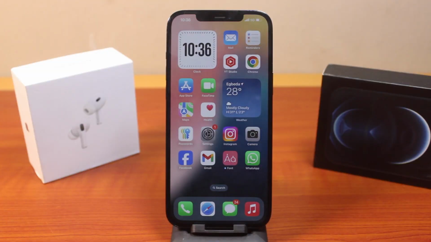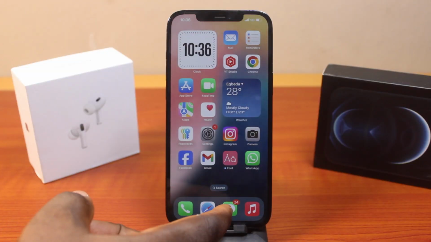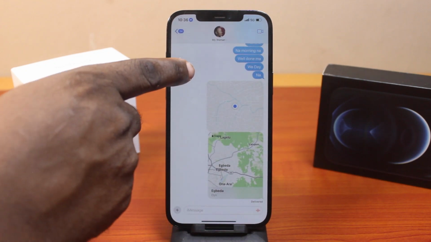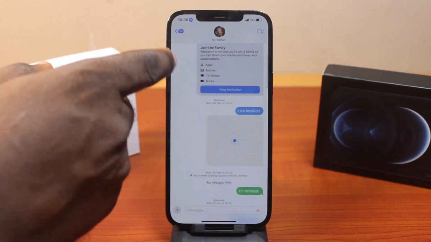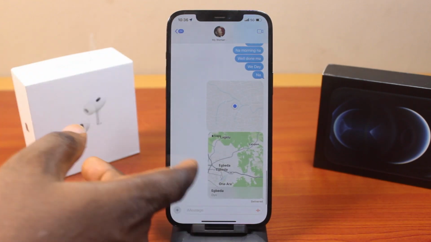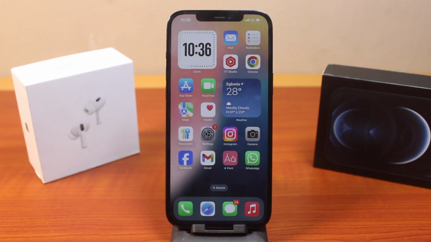In this video, I'm going to show you how to get to the first iMessage on iPhone without scrolling. So if you have multiple messages in your iMessage like this, and you want to get to the first message without scrolling through it, I'm going to show you how to do this on iOS 18. The way you can do this on iOS 18 is different from how you can do this on iOS 17.5, and it's different from how you can do this on iOS 16 or 15. But basically here, I'm going to show you how to get to the first iMessage on iPhone on iOS 18